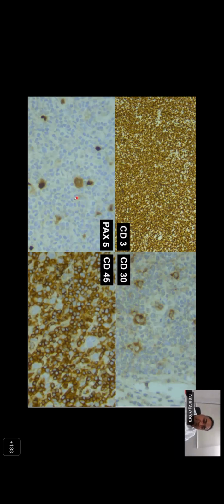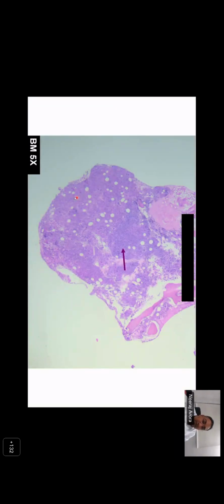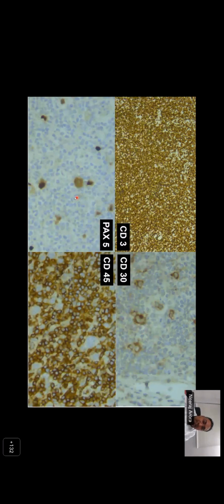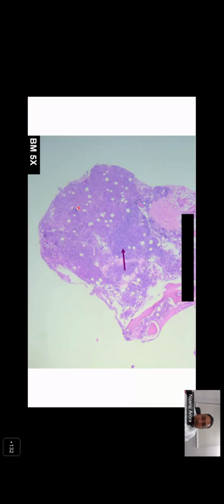So CD20 was negative. If I would just summarize the IHC findings, the background was CD3 positive, the large cells were CD30 positive, weak PAX5 positive, CD45 was negative, CD20 was negative in these large cells, and EBV and other markers have not been shown, but they were negative. Since the suspicion was Hodgkin, and now even marker-wise, we were looking more in line with the diagnosis of Hodgkin. And this is the bone marrow biopsy for that patient,